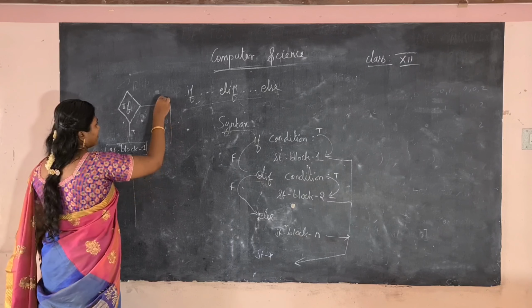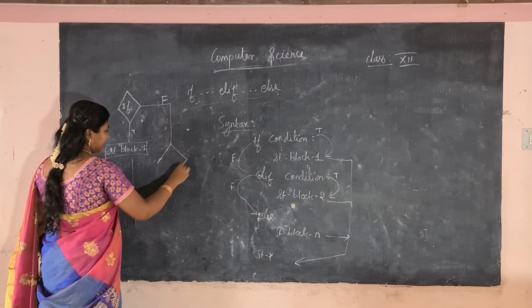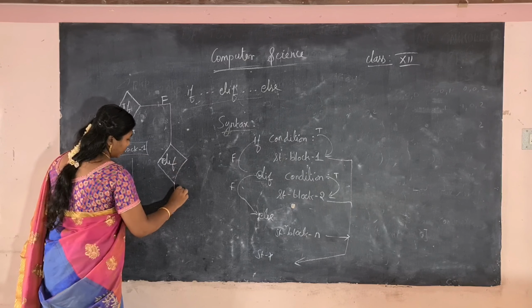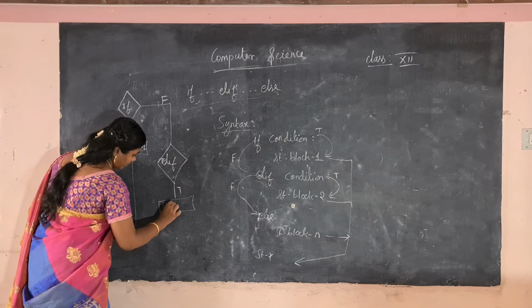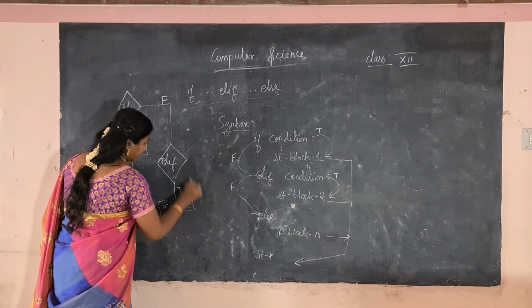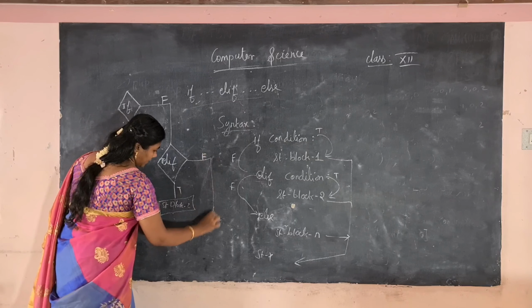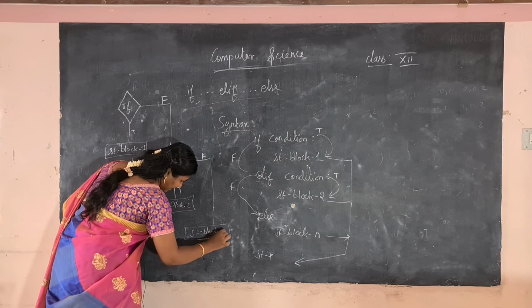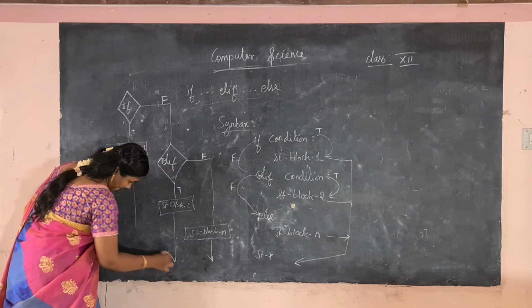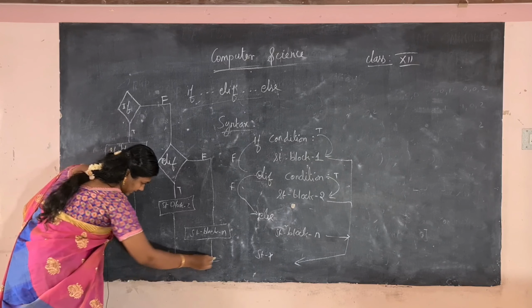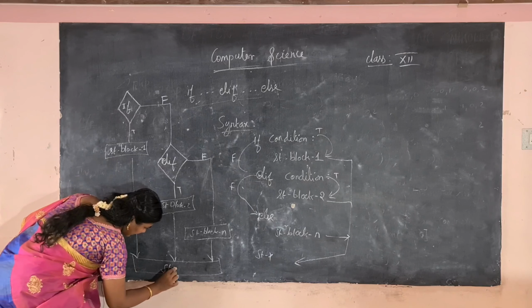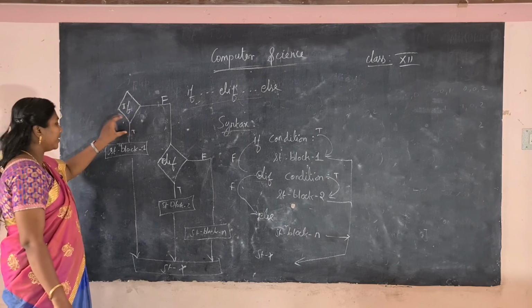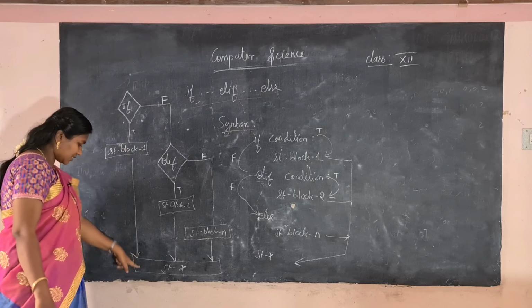if this condition is false, the next condition, the else if condition, is checked, and if this is true, statement block 2 will be executed. If this also is false, we will have the else part block, statement block n, and after this the last statement x will be here. Okay, so if the first condition is true, its particular statement block 1 executes and the control transfers to statement x,